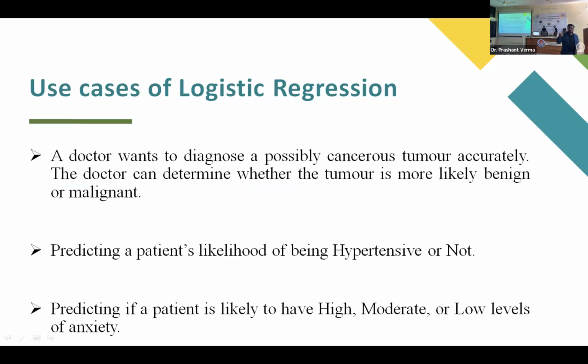Again, this is a binary kind of problem. You will have the cutoff point for a blood pressure. Anybody having a blood pressure more than this point will be hypertensive, otherwise non-hypertensive. So we can make a model based on his biomarkers and other information, and predict the probability. Likelihood means probability basically. What is the probability of that particular patient having hypertension?